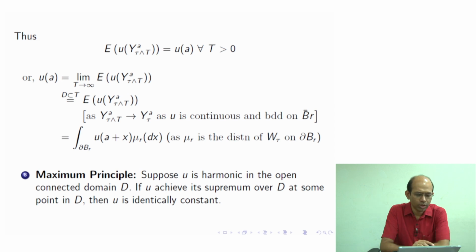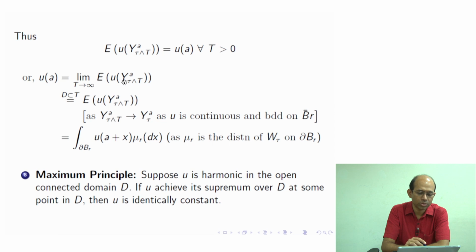Now u of A can be written as, here capital T is there, correct. We have to get rid of capital T, because I should only deal with tau. So we take the limit as t tends to infinity of this thing. We use the Dominated Convergence Theorem, DCT. Using it, this is the expectation of u of Y^A. This is a typo, it should be just tau, there is no minimum t. This is going to converge here